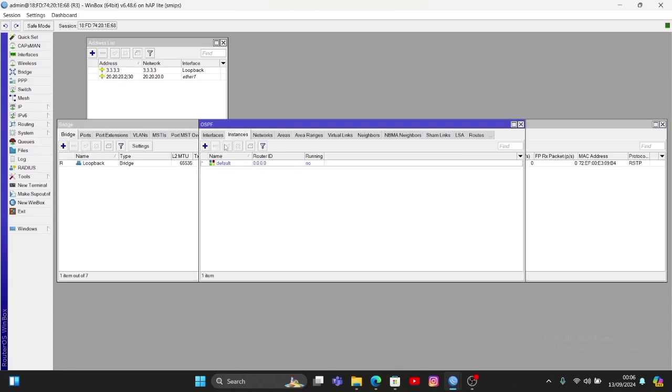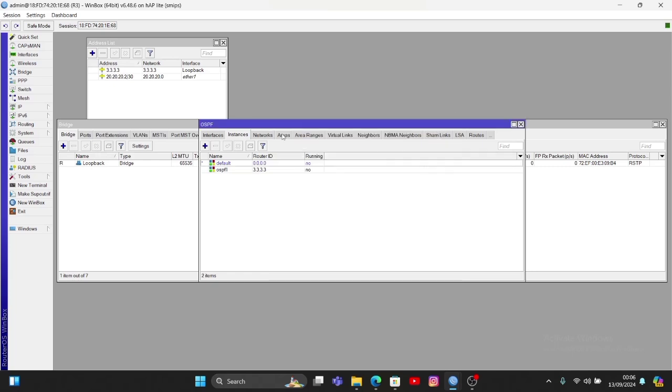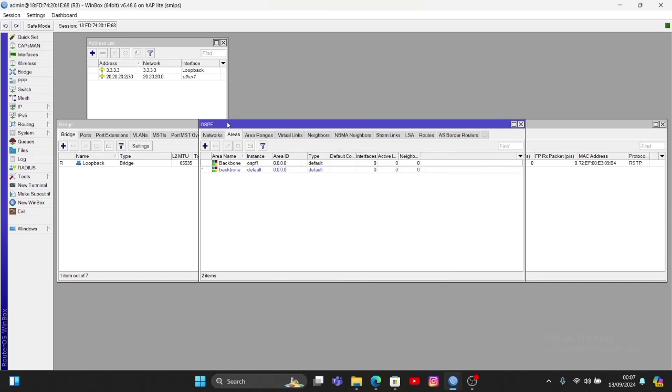And I enter OSPF, and I change the router ID. This is the router ID, and I add an area. I name it backbone. The instance is OSPF1, and I apply again.